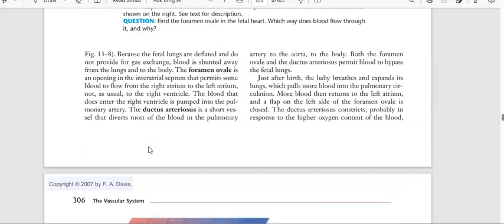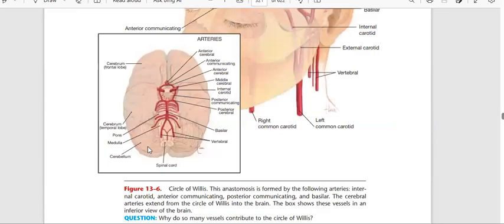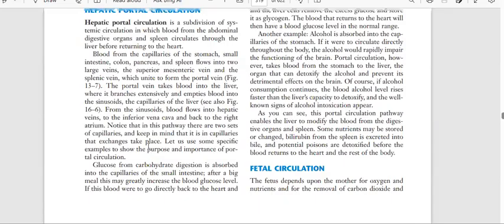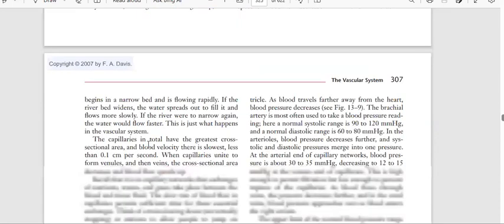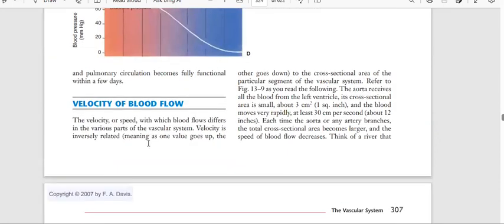So yesterday we talked about circulation. Okay, so today we will talk about velocities of blood flow. So how the blood flows, we have to know about that. The speed at which the blood will flow, we will know in this class. The velocity or speed